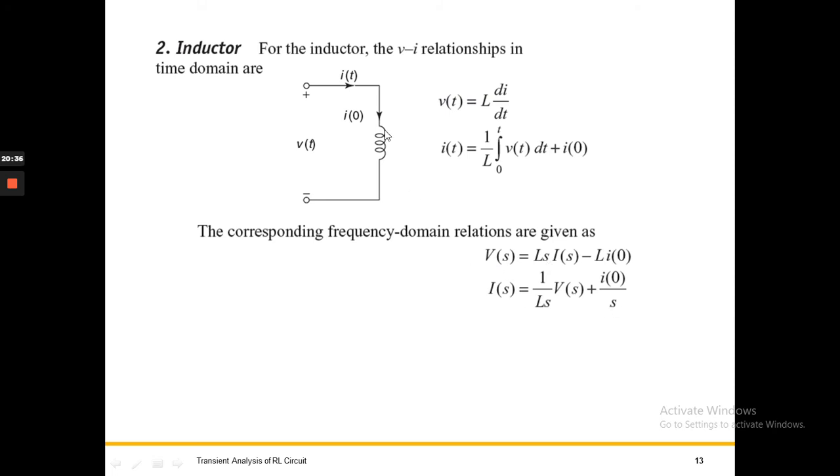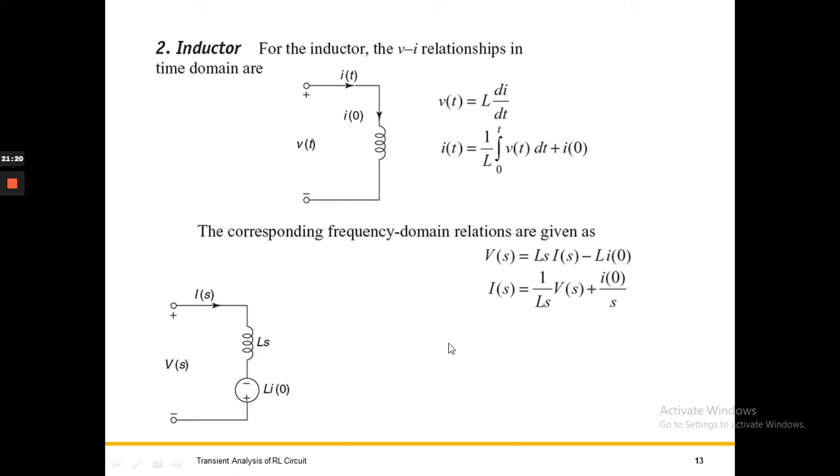So you can replace this inductance with the equivalent circuit which will satisfy this KVL. Whenever there is an inductance, you can replace it with such an equivalent circuit that satisfies this equation. V(s) will be equal to the voltage drop across this inductance plus the voltage drop across the source. It is an independent voltage source, and that is due to the initial current through the inductance. The inductive impedance in the frequency domain will be L s. Whenever there is an inductance value L, in the frequency domain it is denoted by L s.